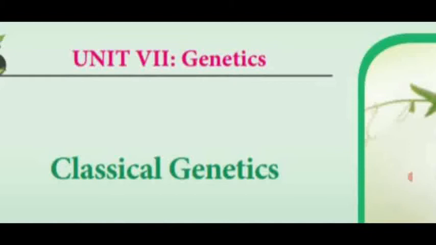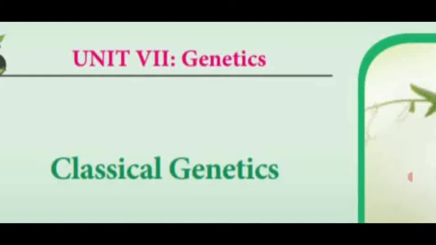After Mendel's period, Mendel's experimentations were rediscovered by 3 scientists, that is Hugo de Vries, Karl Correns and Erich von Tschermak. Then the different terminology related to Mendelism: each gene which has an alternative form is called an allele.